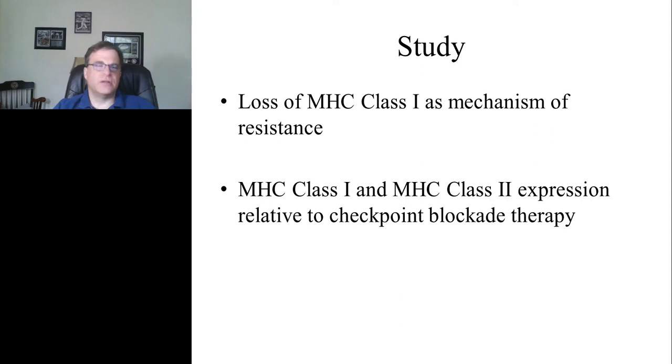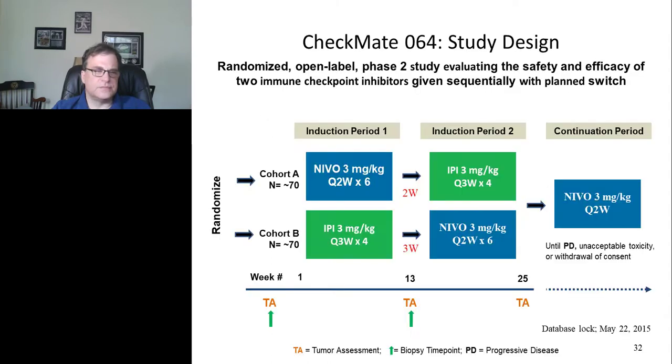So we were interested in looking at whether class 1 loss could be a mechanism of resistance, and also not just class 1, but what the role of potential class 2 expression is relative to checkpoint blockade, which has been an area of investigation by a number of groups. So we took advantage of this